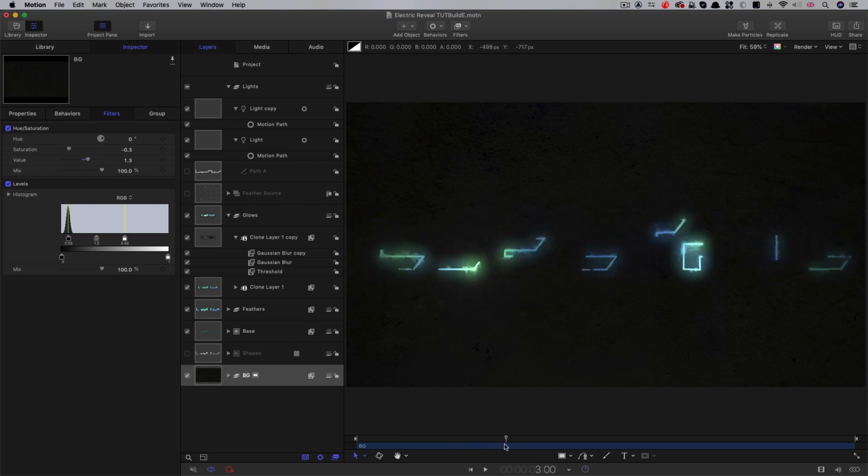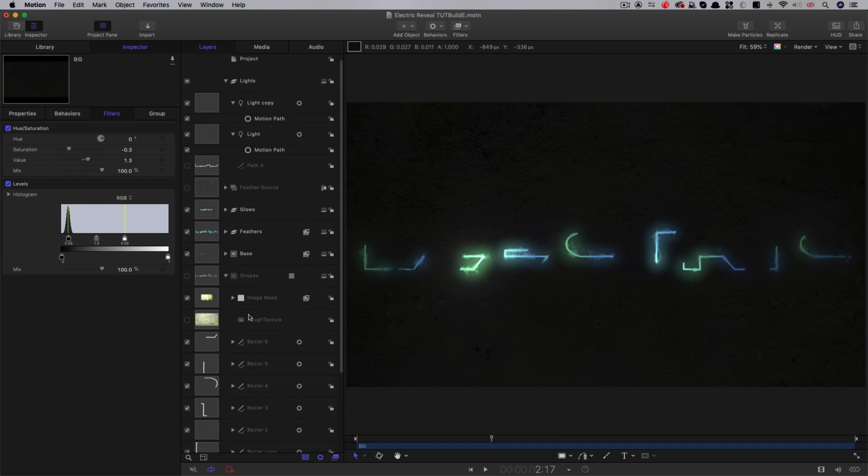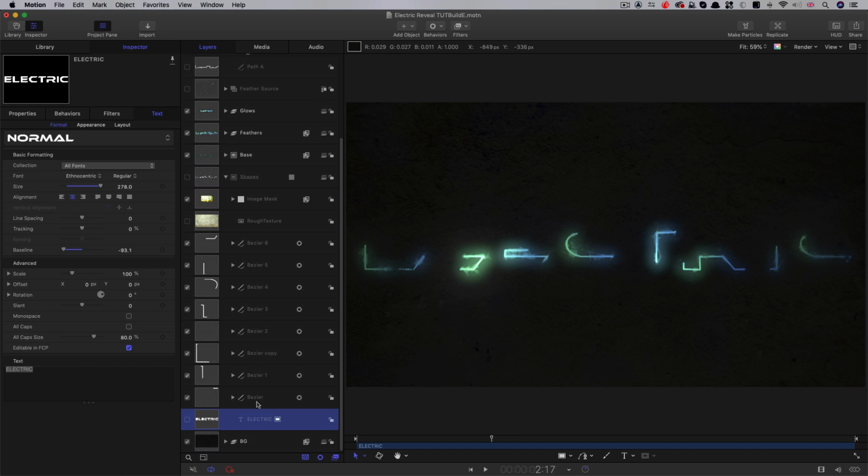I think that's a good balance there. So now I think we can look at the question of how to bring on our final text. To do that, I'm going to dive down into the shapes group. And you remember we made a dummy text object that we could use to trace our shapes. So I'm going to take that dummy object